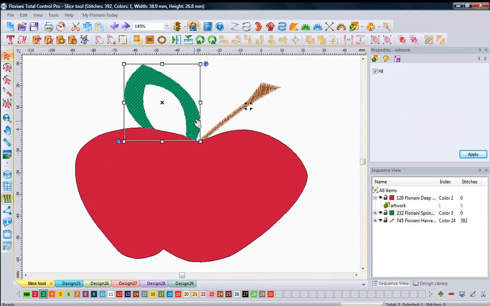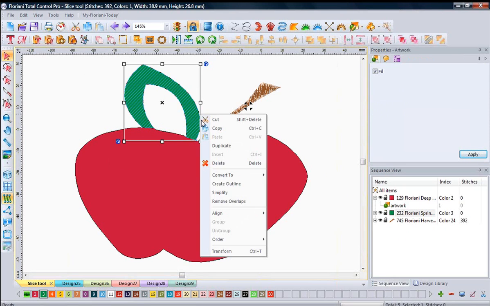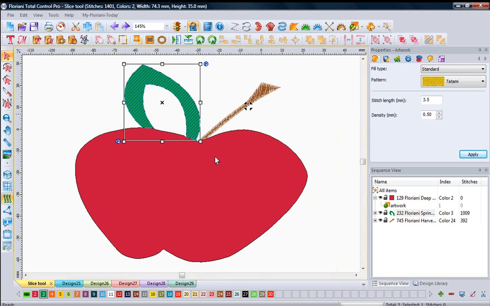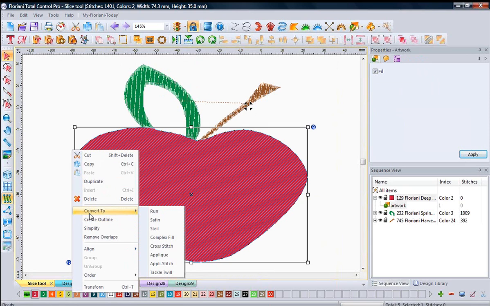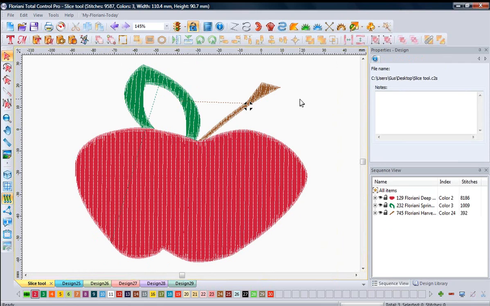I can then grab, oops, I glitched on that. Let's do that again. Grab it, right click. It's too wide, so I probably should have just come in and done fill. I didn't even think about the sizing I put on this. Grab this, just do a simple right click, convert to my complex fill. That's cool, okay? That is, I think, just an amazing feature. Look,